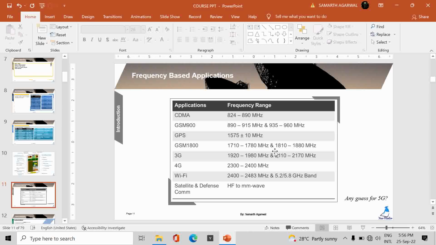Then if you go to the high frequency, suppose 60 gigahertz, some people will consider that also for 5G. Some people will consider terahertz communication. But in my opinion, it will come under 5G, because most of the research manuscripts and articles have very good evidence for this frequency being applicable for 5G communication.